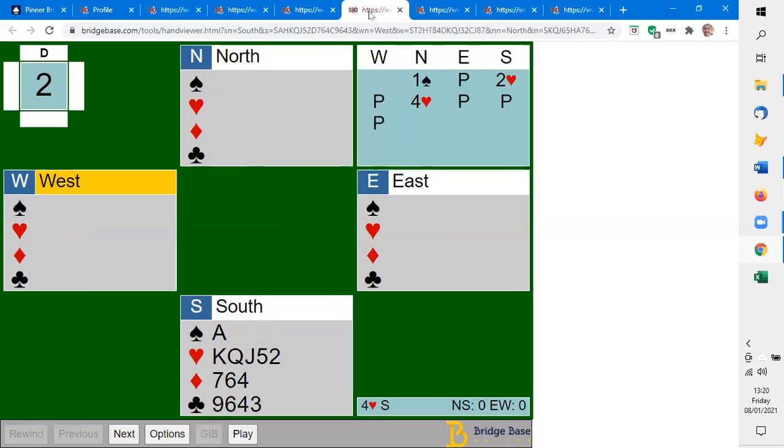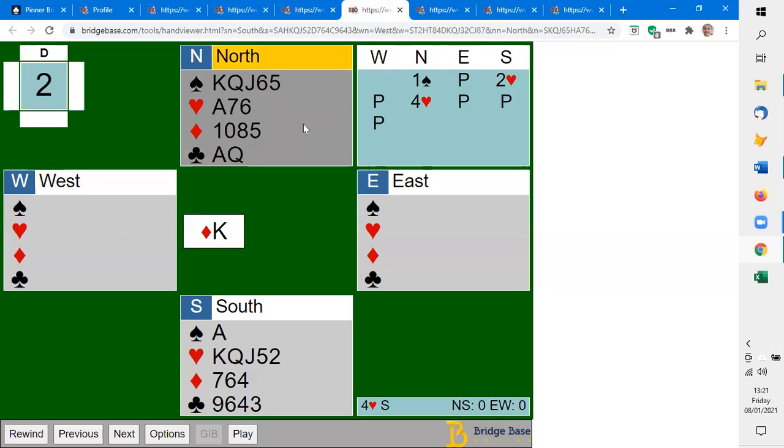Let's try another one. This was also played last year, and the recommended bidding here is 1 spade, 2 hearts. Now the 2 heart bid in response to 1 spade promises a 5-card suit. So north shows at least 3 hearts and goes to 4 hearts, and down comes dummy, and let's stop to